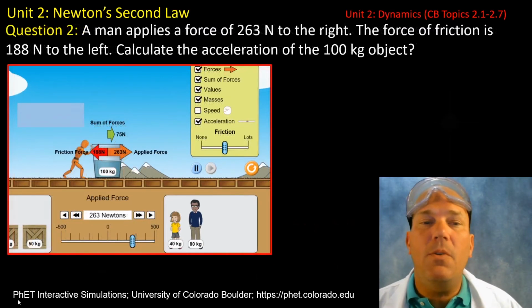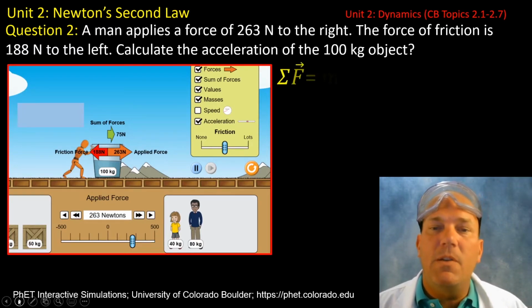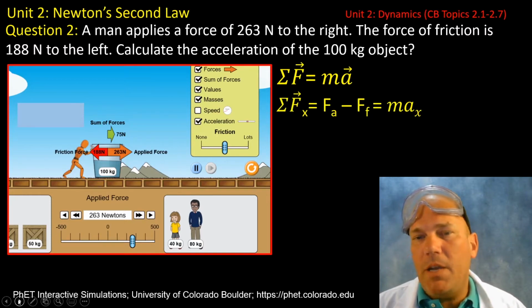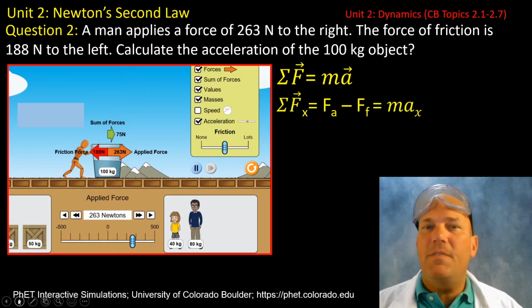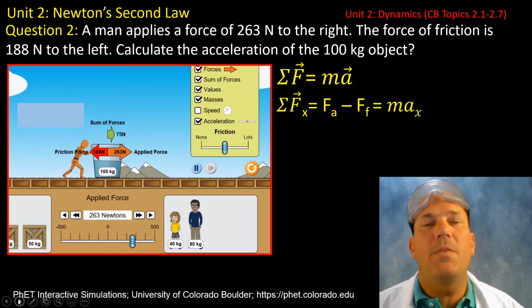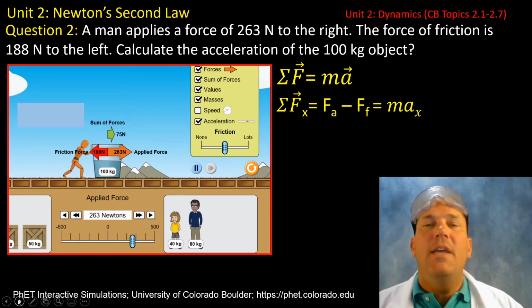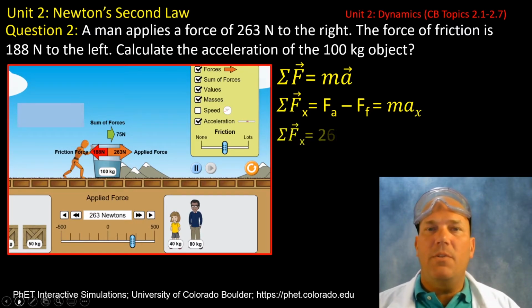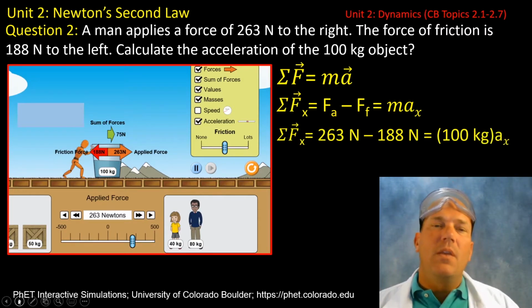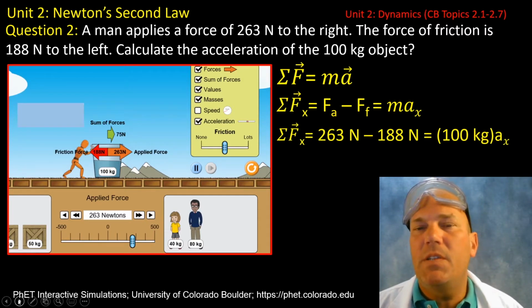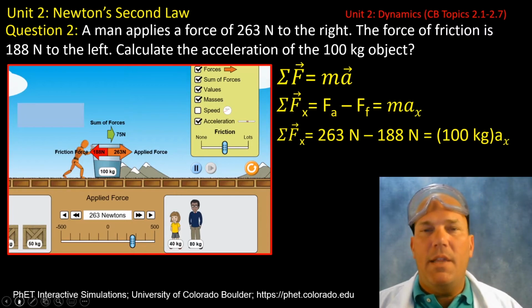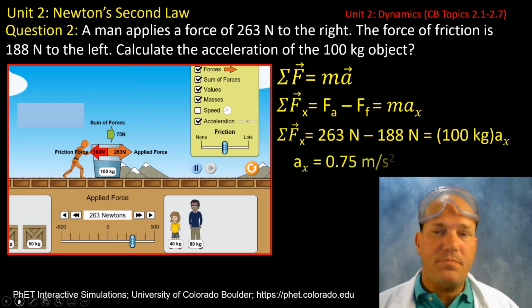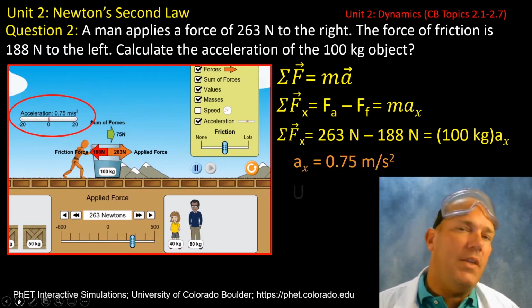All right, so let's go ahead and look at some of our numbers here. So Newton's second law, we're looking in the x direction. We're calling right positive, left negative, so I'm subtracting the force of friction from the force applied and setting that sum equal to mass times acceleration in the x direction. Plugging in our values of 263 and 188 newtons and the fact that this object has a mass of 100 kilograms, we can solve for the acceleration to be